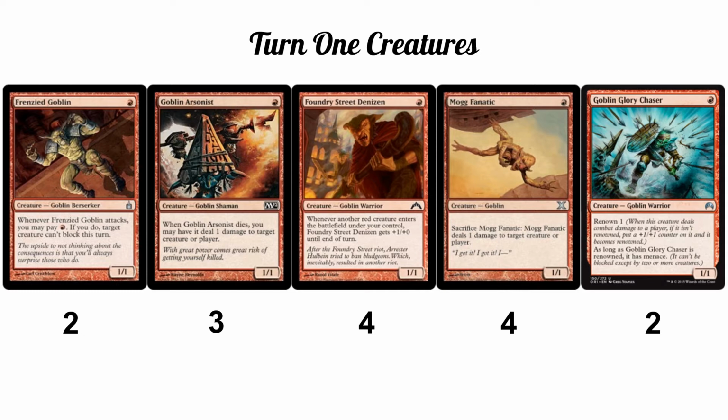Mogg Fanatic. It's a 1/1 for 1 that you can sac to ping something. Good because it's strong against removal. If somebody needs to remove it to live and they go to Bolt it, you can sac it in response and hit them in the face or hit a creature. It can help some of your other goblins trade up. I mean, obviously then you're 2-for-1ing yourself, but depending on what your opponent has,